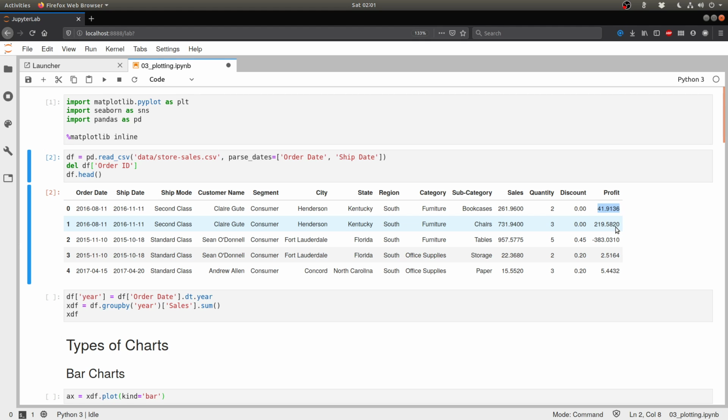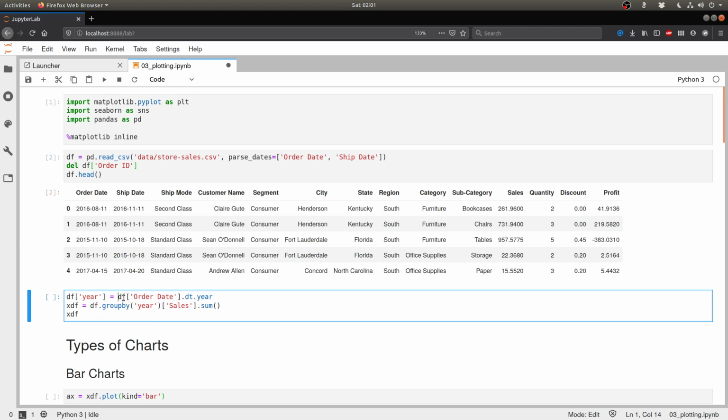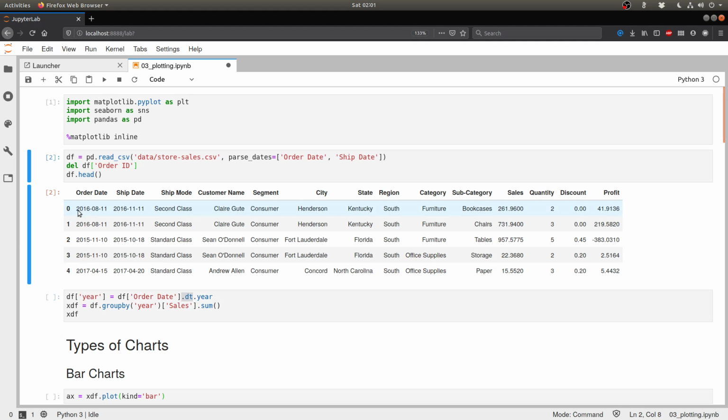So what we're going to do simply is, well, one of the most important things that people would like to know about this sort of data set is what their yearly sales were. So let's say that we simply want to take the year information from these dates and add up all the sales to see what the yearly sales are. One quick way to do that is simply take the order date column, and when you access the .dt attribute of the order date column, that gives you the underlying date object here.